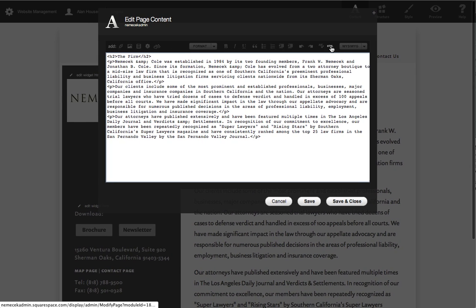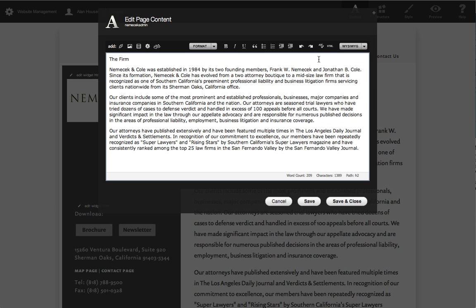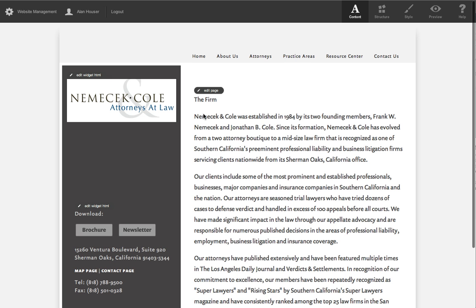If that didn't exist, and this was just a paragraph, you're back in the normal what-you-see-is-what-you-get mode. That's the WYSIWYG mode. And if we hit save and close now, we've pretty much gotten rid of the H2,